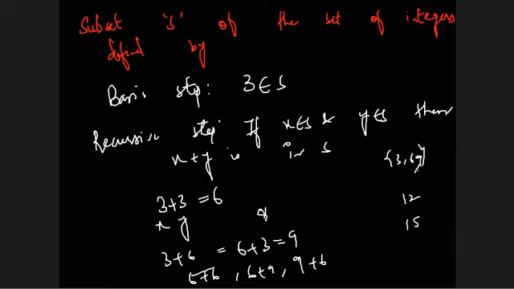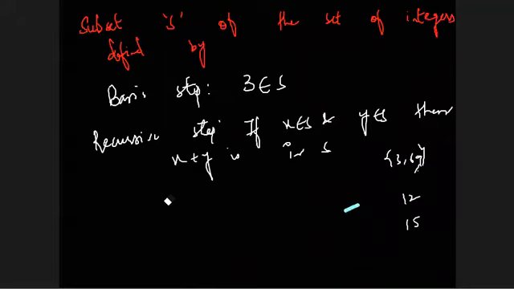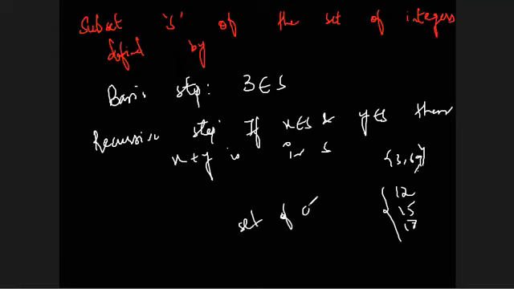So basically your set is the positive multiples of 3. If you notice, we had 3, 6, 9, then we add 12 and 15 by adding 6 plus 6, 9 plus 9 also, and 18 is added. So all of these are the set of all positive multiples of 3.